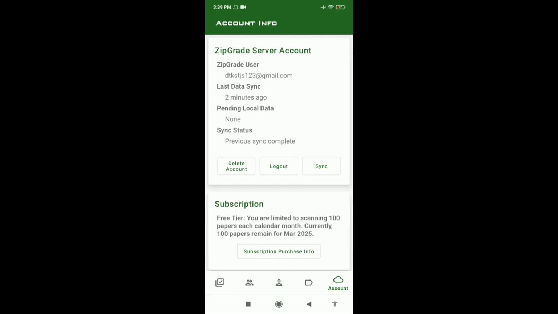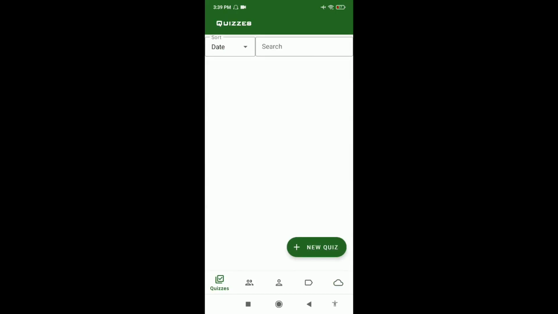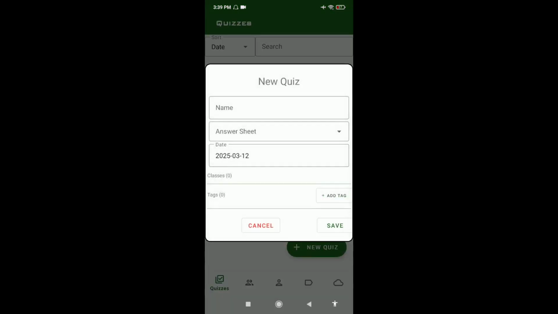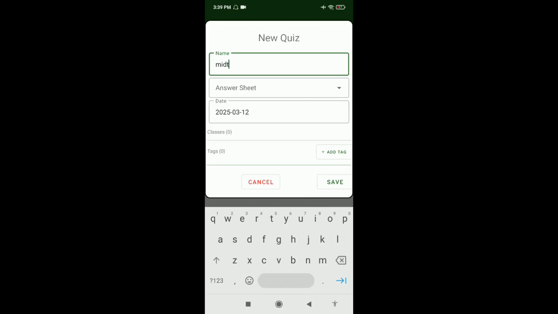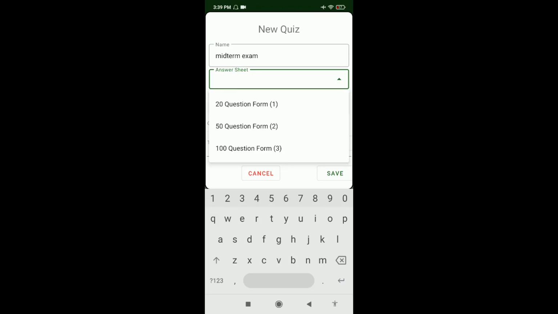Now, let's proceed to the use of ZipGrade. Just tap this button, the new quiz plus, then type in the title of your exam, whether it is a midterm, finals, or whatever it is. It's all up to you. Okay, so I have a midterm exam, and for my answer sheet, let's say I have created a 40-item multiple choice test.